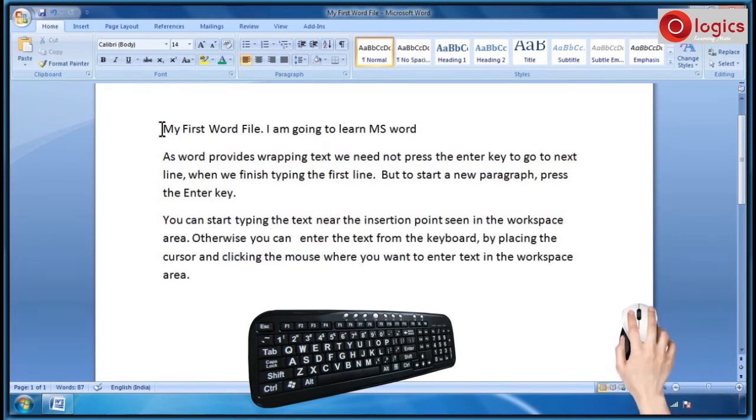This time I am going to give same formatting effects using keyboard. Ctrl B makes your text bold.